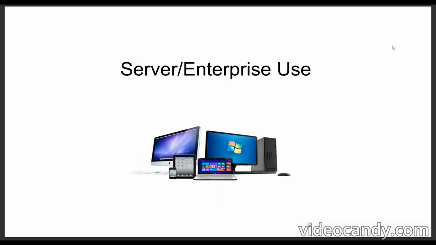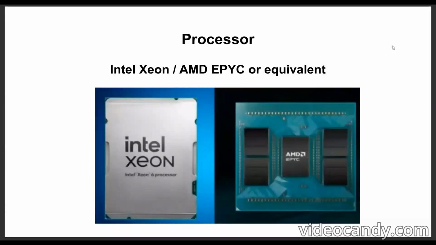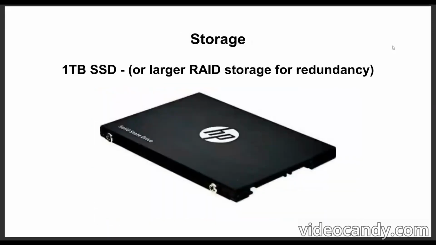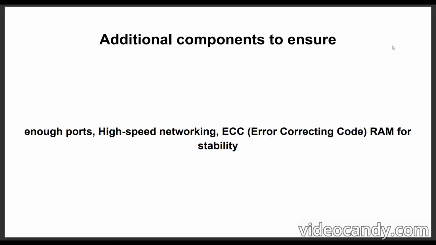For server or enterprise use, the minimum requirements for your system include 64 GB of RAM, an Intel Xeon or AMD EPYC processor, and at least 1 TB SSD storage or larger RAID storage for redundancy. You'll also need integrated or entry-level dedicated graphics if necessary. Ensure your system has enough ports, high-speed networking capabilities, and ECC (error-correcting code) RAM for stability. Don't compromise on these specs, as they are essential for smooth and